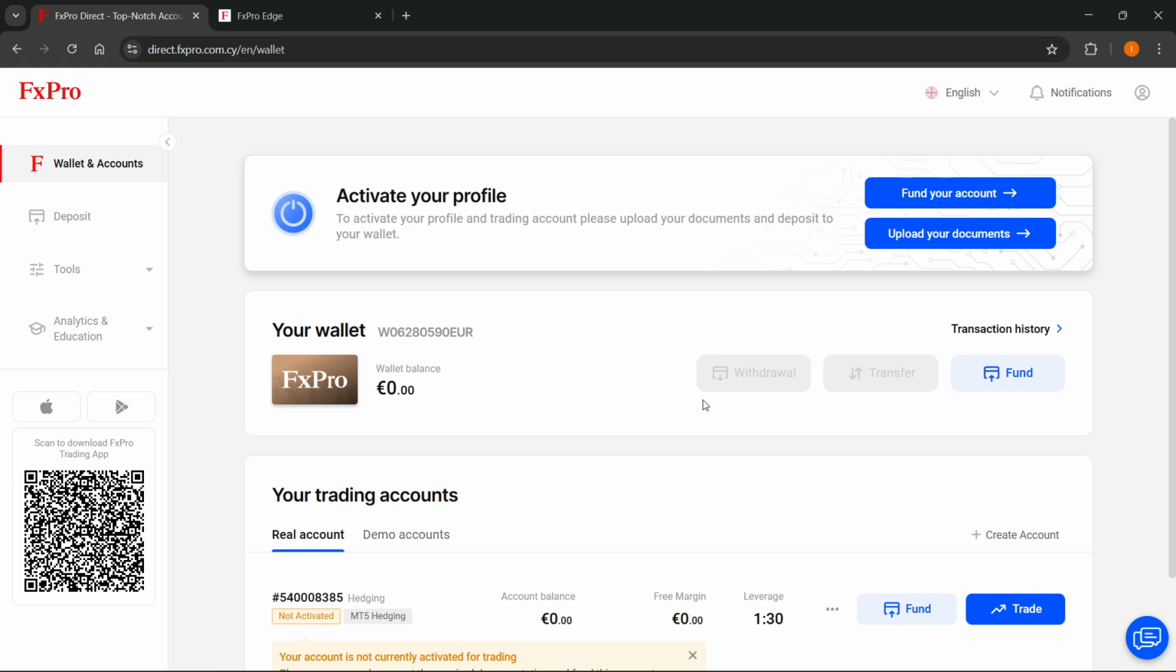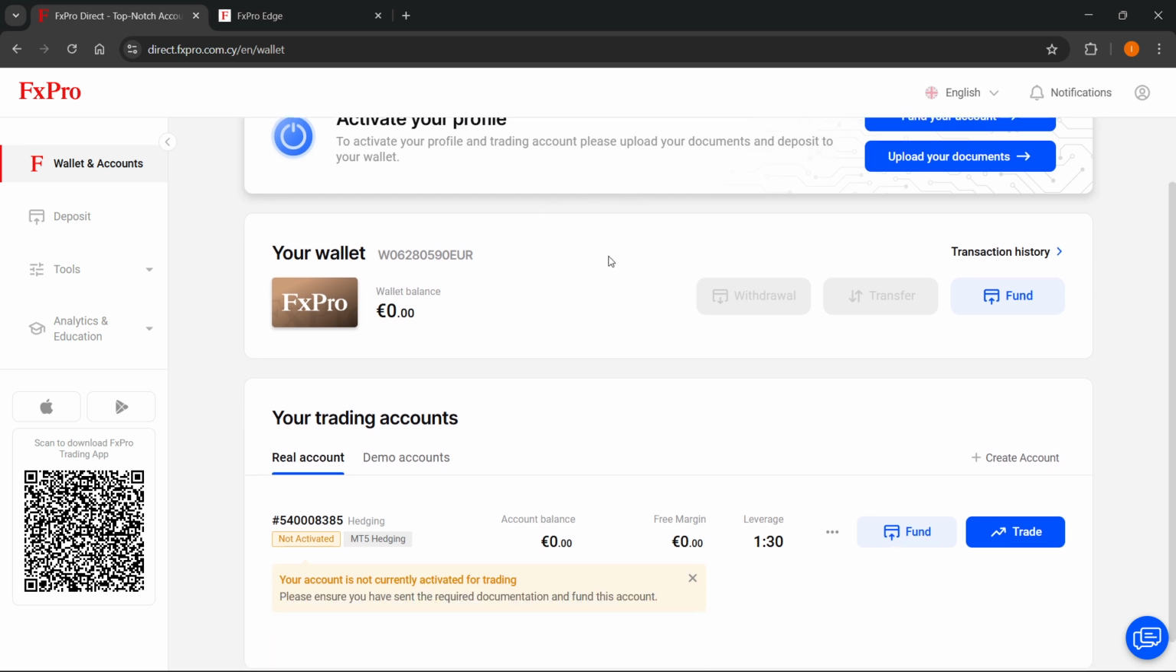Now, to be able to withdraw and transfer, first you of course have to activate your profile by clicking up here. You'll have to upload your documents, get verified, and after you do that, you'll receive basically full control of your account. I haven't done this just yet, so I have to do this if I actually want to withdraw,